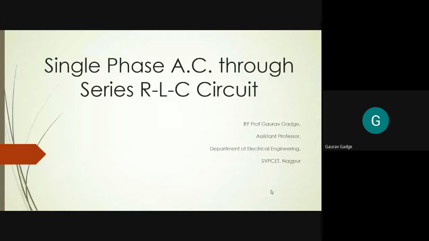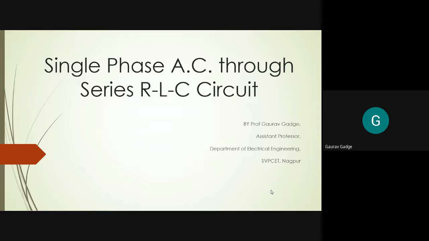If I consider a bulb, that is, the filament bulb, that bulb offers pure resistance. If we consider the example of a choke, that offers pure inductance and a small value of resistance. If you consider the condenser which is placed in the fan, that is ceiling fans or coolers, etc., you find one condenser there, and that condenser is nothing but the capacitor. So the capacitor is nothing but a pure capacitance application. So when we use any appliance which runs on electricity, that offers certain elements like resistance, inductance, and capacitance.